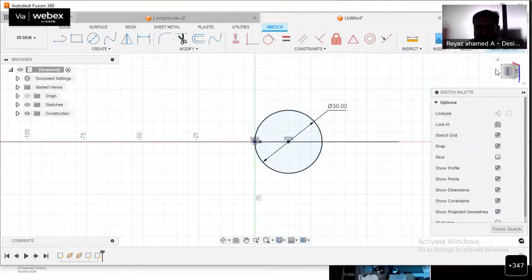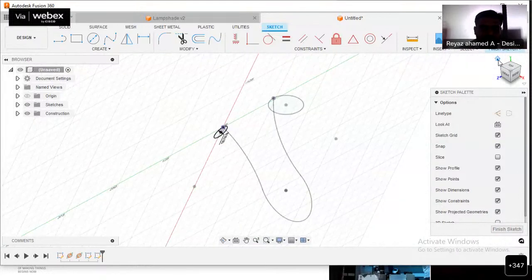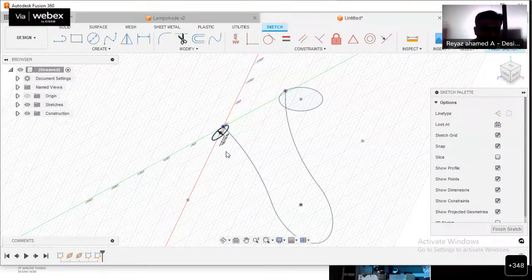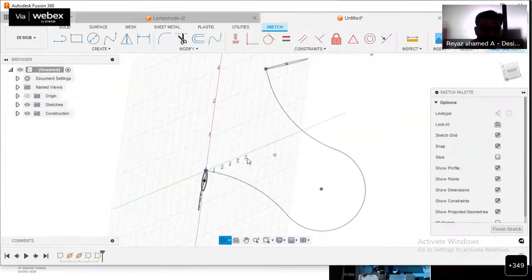Before we click on finish sketch, let us change the view into home view. Let us observe whether the profile has been created in the right manner or not. Just click on home view. See, below our path only the circle has been created.